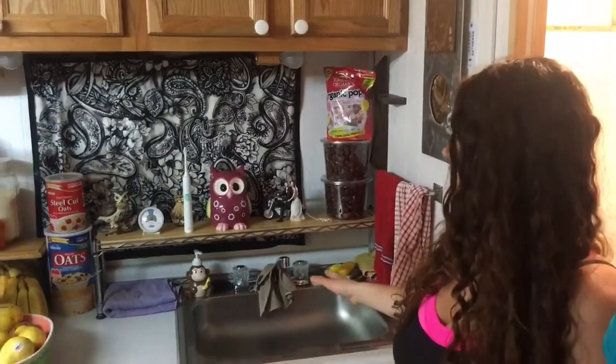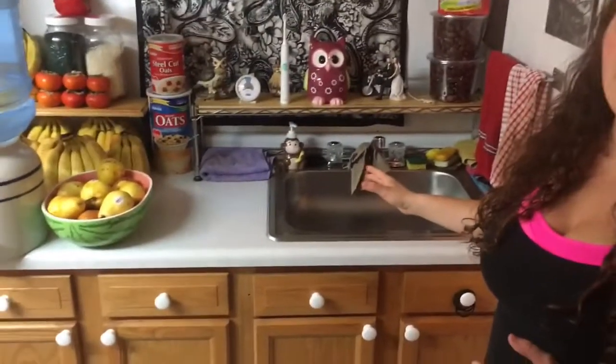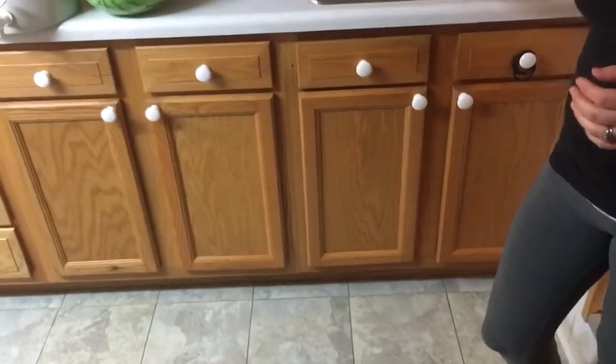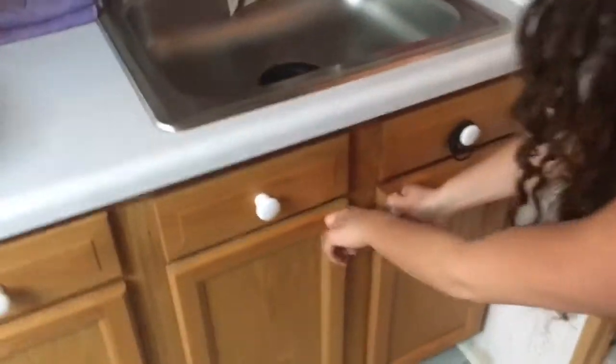Alright, and then here's part of the kitchen area. It's not really a full kitchen. It doesn't have a stove or anything like that like normal campers do, because it was a cargo trailer that got converted into a camper. So we just have a sink here. We got some storage underneath the sink, cleaner stuff under there,